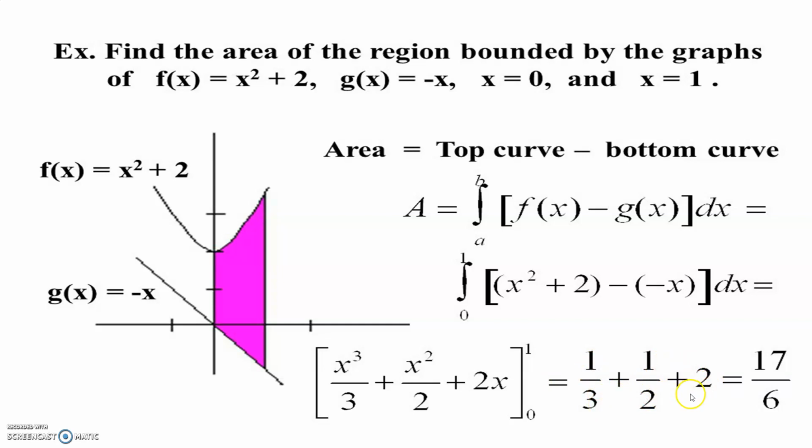Simplify, we derive the expression. Here denominator 1, we have to consider cross multiplication. 2 into 1, it is 2. 3 into 1 is 3. 2 plus 3, 5. 3 twos are 6. 5 upon 6 plus 2. So obviously cross multiplication again starts. So we derive the final answer is 17 upon 6 square units.